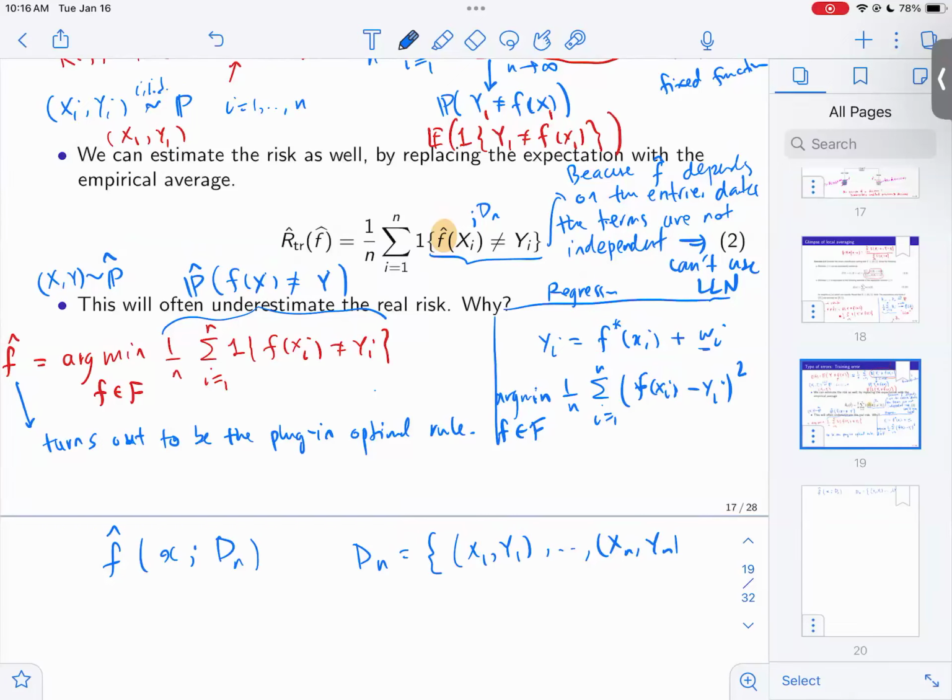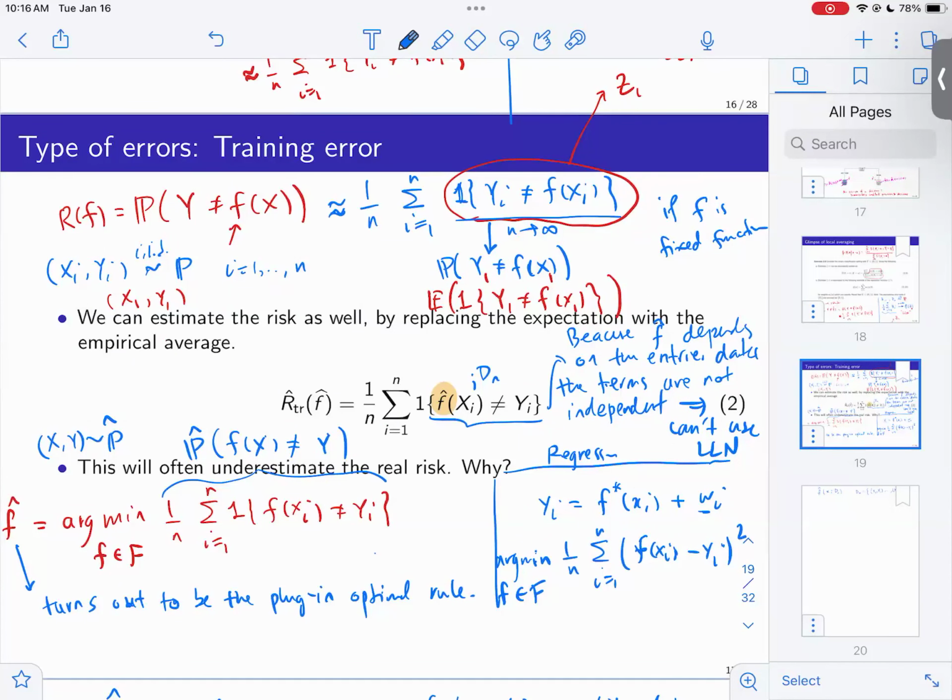There's a statistical bias. So what you can ask, for example, is the expectation of this quantity the same as this? That's called unbiasedness. So I have an estimate, does the expectation match the actual thing that I want to estimate? Consistency means usually you have an estimate which is a function of n. Does the estimate converge in probability, let's say to the true one as n goes to infinity? So if f is fixed, this is both unbiased and consistent. But if f depends on the training data, it's neither unbiased nor consistent in general.